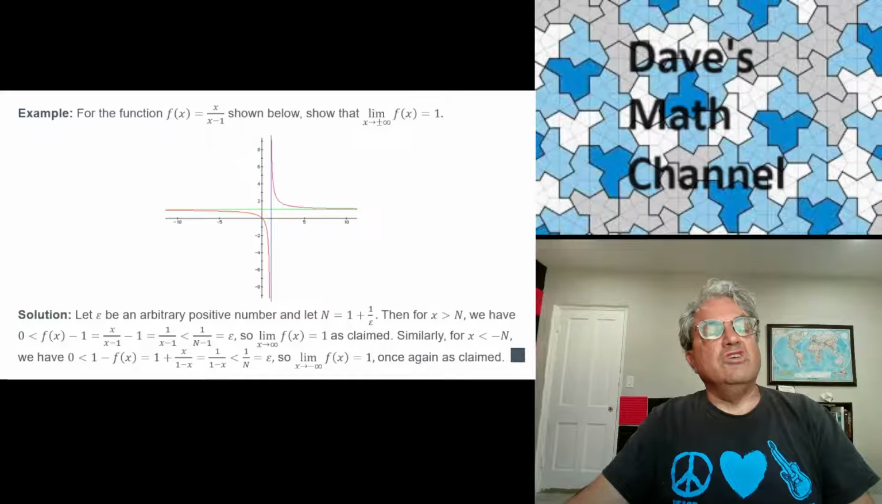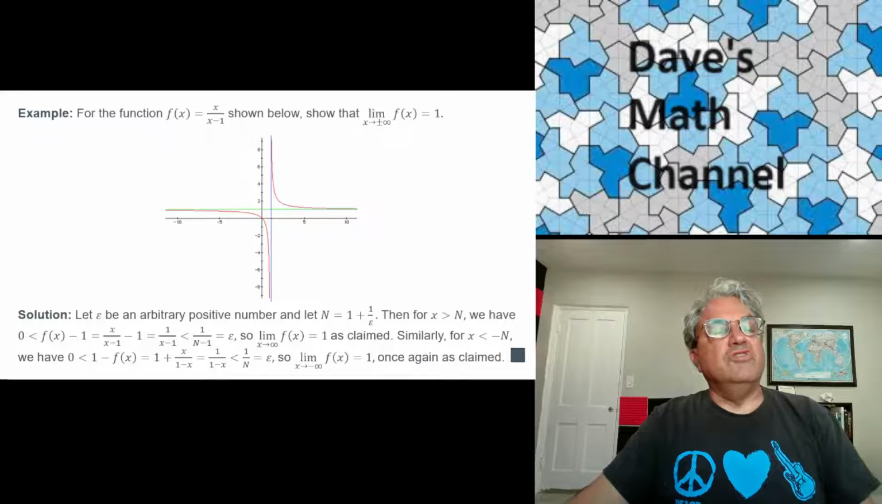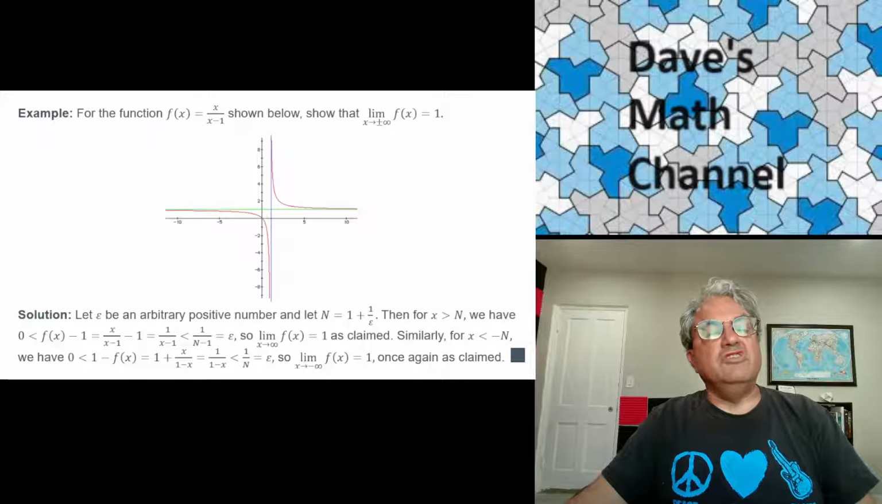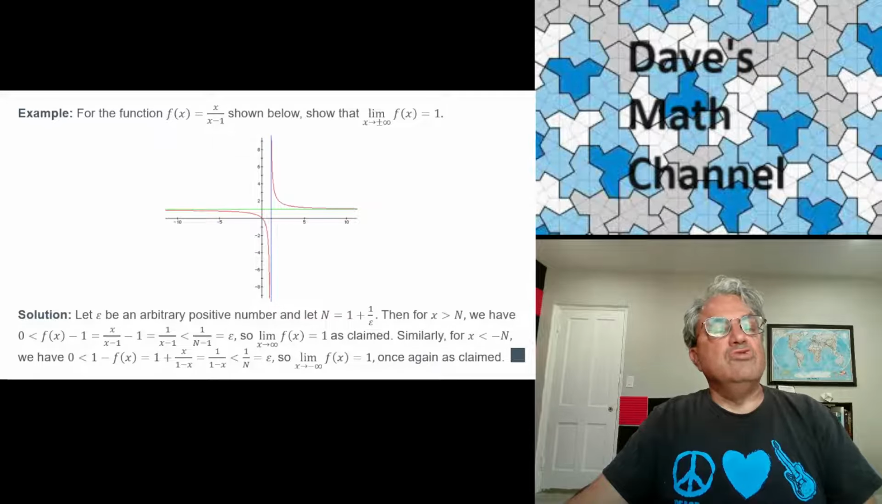So we've just proven, at least for the case where x goes to infinity, that the limit is 1. And the case where the limit goes to minus infinity is very similar. This time we just let x be less than minus n. Basically the same calculation, we just invert things. Here we're calculating